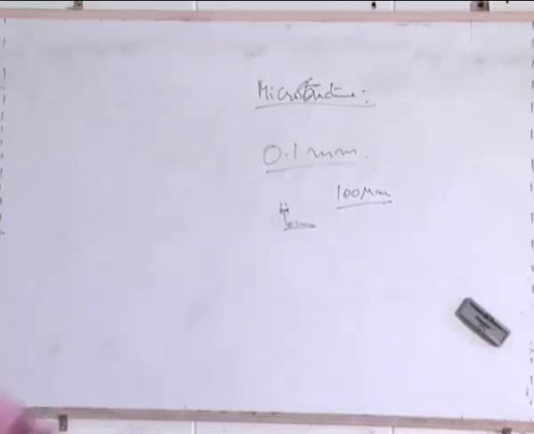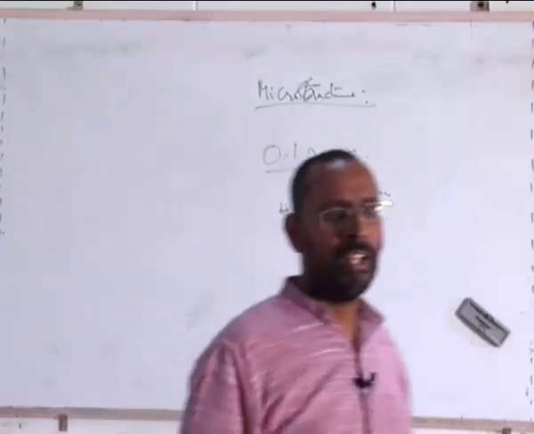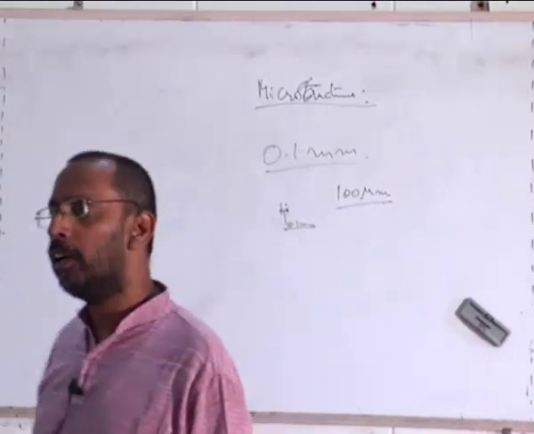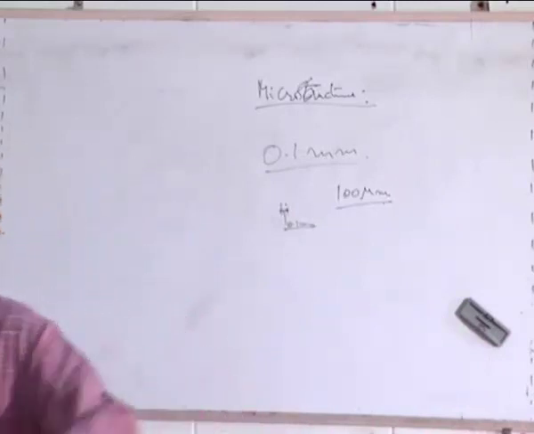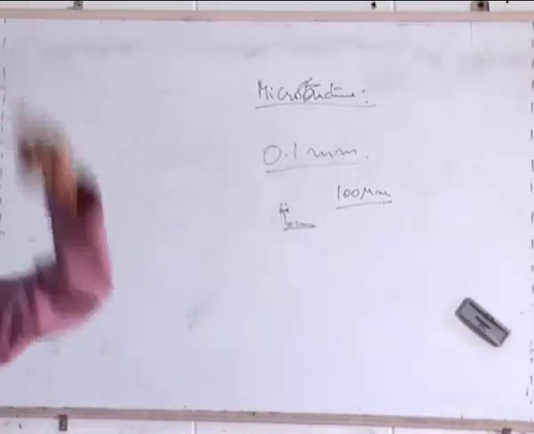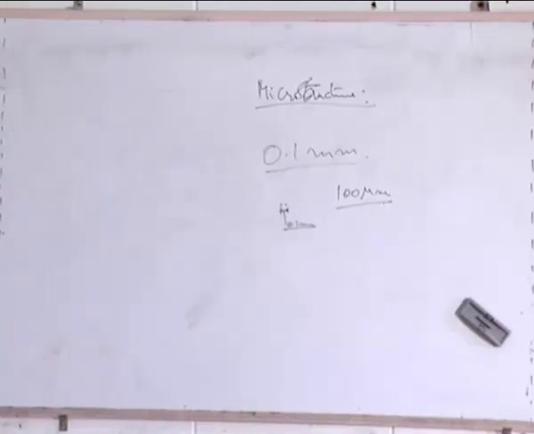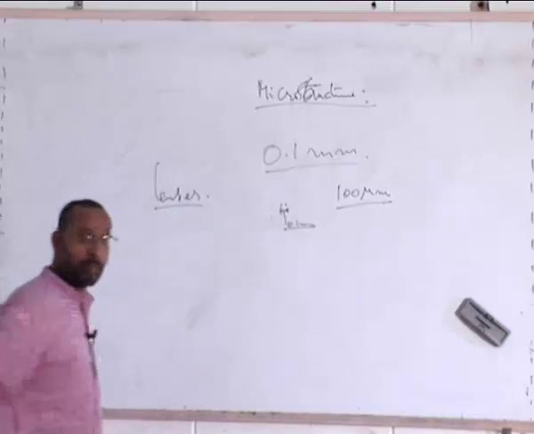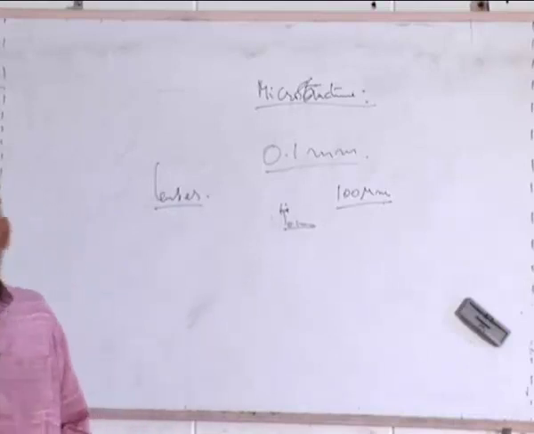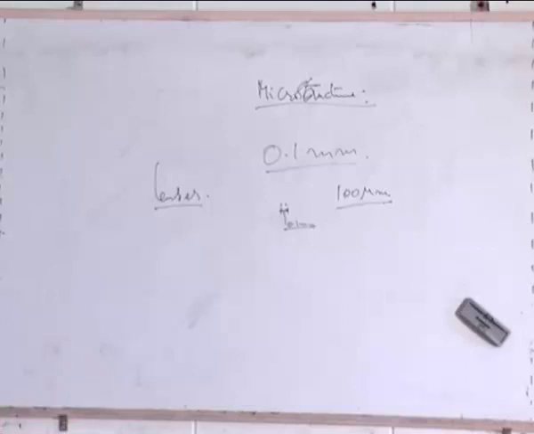And now with all this nanotechnology that people are talking about, if I want to see a carbon nanotube, it has a diameter of the order of around 4 to 6 nanometers with a length of a few microns, but the diameter is of that order. That means definitely my eye cannot see it. So I need to go to something which is better than my eye, and that is where we use lenses. For example, sometimes you can use a magnifying lens and see smaller details. The reason is a lens can magnify a thing and then show a higher resolution.